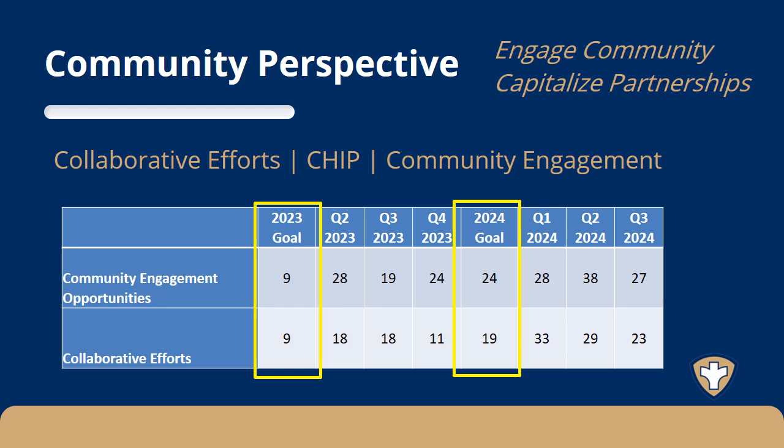So this is an example of how we can set goals, but you may notice that your goals have to change depending on what you're achieving or what you're accomplishing. This group wasn't sure where to set goals initially because this is not something that had been tracked. Now, having this data, we will be able to more accurately set goals in the future.